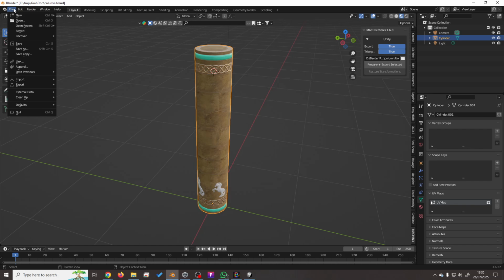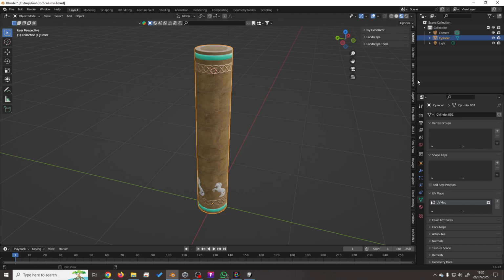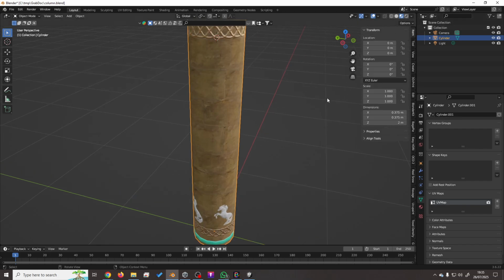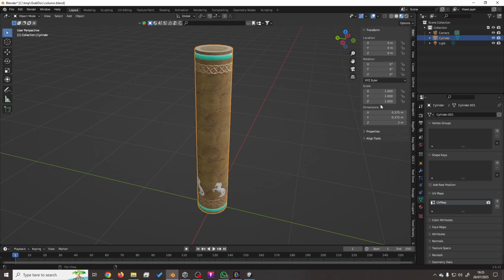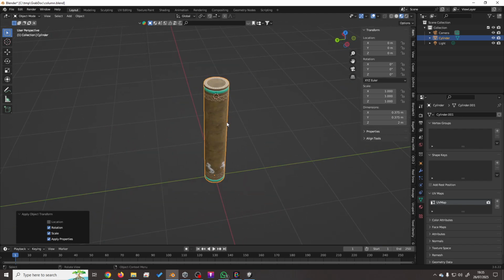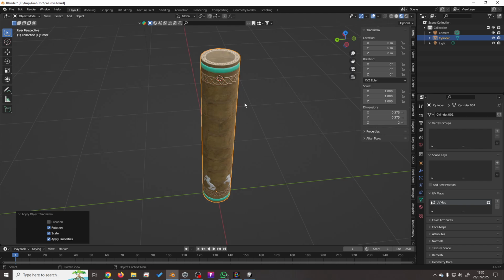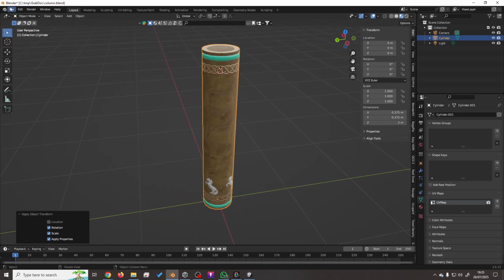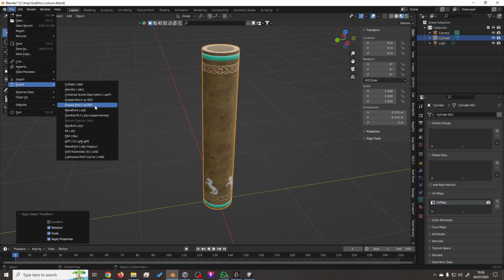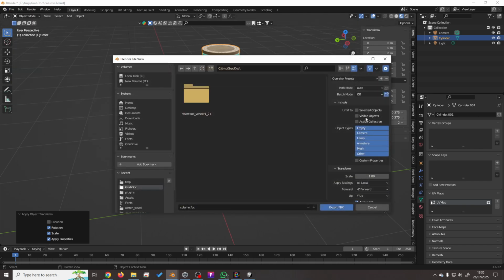So to export it, just make sure that your rotation and your scale, your rotation should be 0 and your scale 1. If they're not, just hit Control and A and select apply rotation and scale, and it'll reset everything so that this has all got a scale of 1 to 1, which is exactly what Unity likes. And when you've done that, go File, Export, FBX, and I'm going to say Selected Objects, Mesh, and I'm going